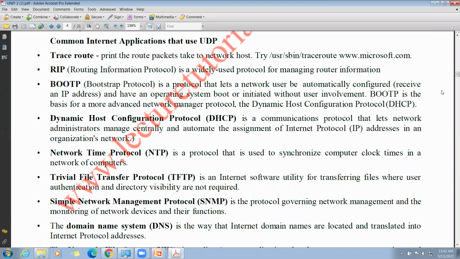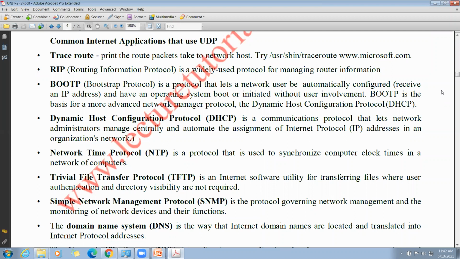Its function is to automatically assign an IP address to the network device from a configuration server. Hope you understand, students. What is the responsibility of the bootstrap protocol? It will automatically configure.